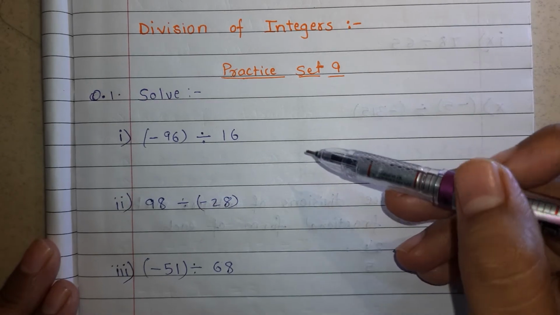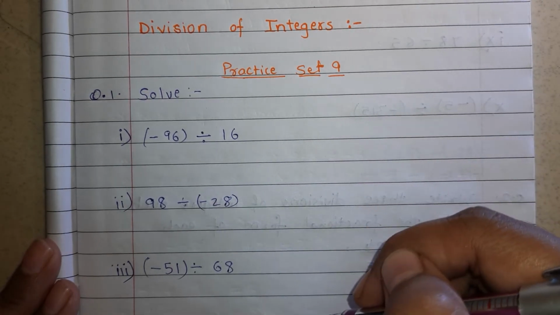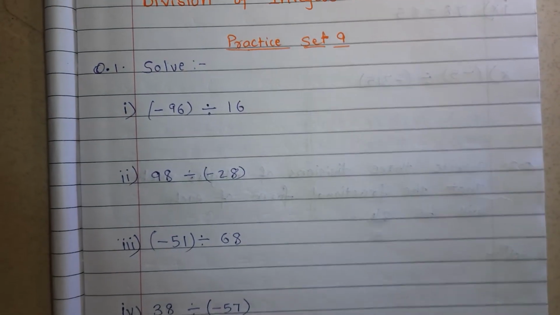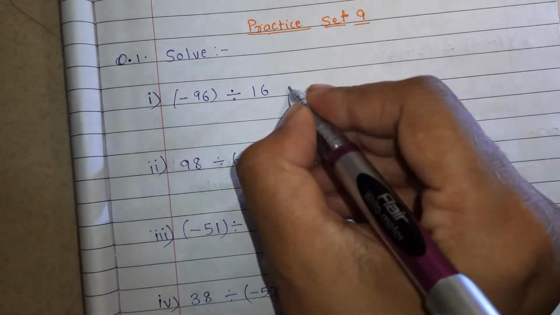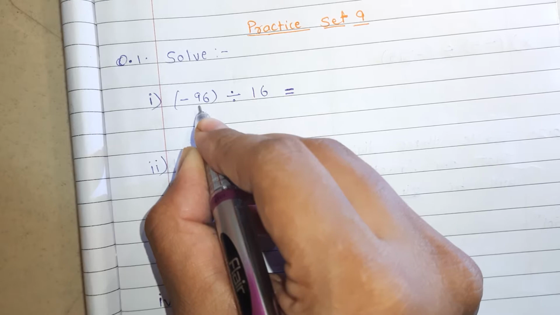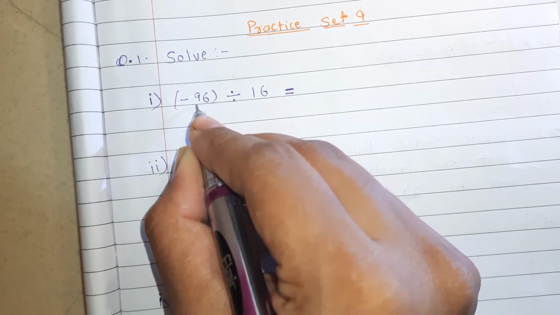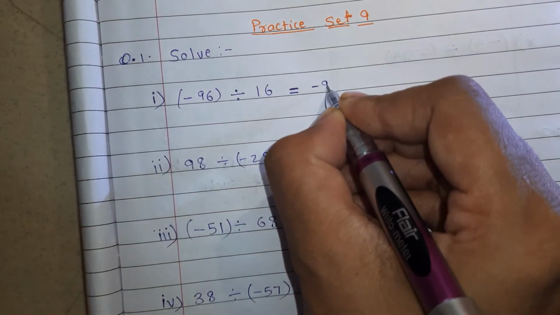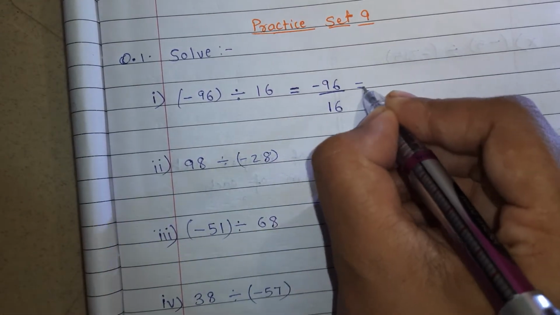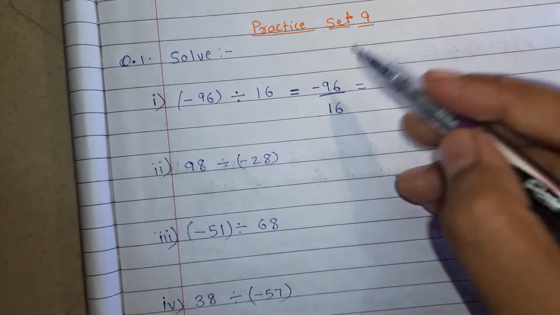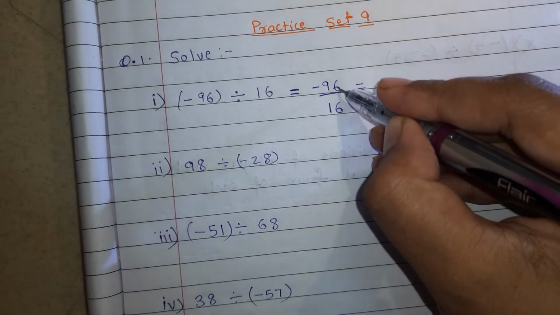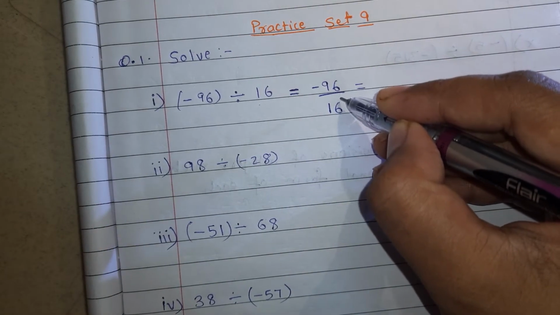So in this lesson, whenever division questions are given to you, the first step you will do is write it in the form of a fraction, and in this fraction always the dividend, means the first number, will be written in the numerator and the second number will be written in the denominator. This is compulsory. First number in numerator, second number in denominator. Now the next step is we have to reduce this fraction.